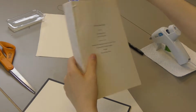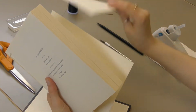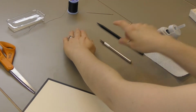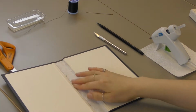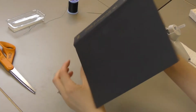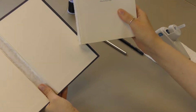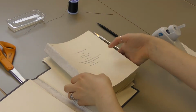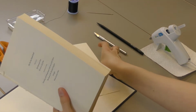Okay, so I'm missing a few pages here. It's okay. Put those aside for right now. And now you have, and I didn't do too much damage to the spine, but now you have your hardcover separated from your text block. See? So now you are going to go through the pages of the book block and gently cut or tear